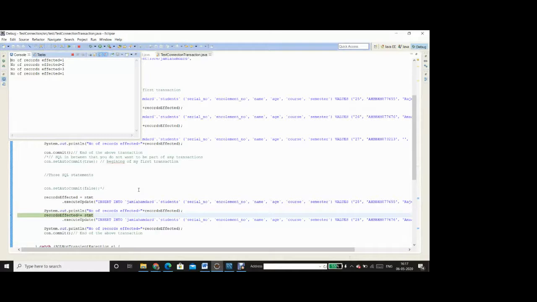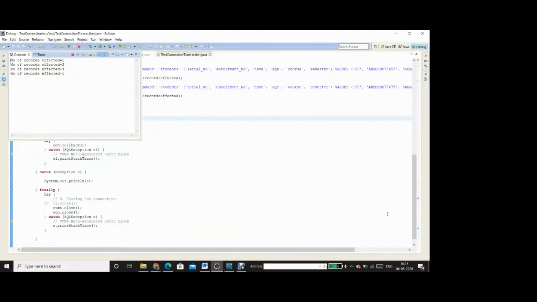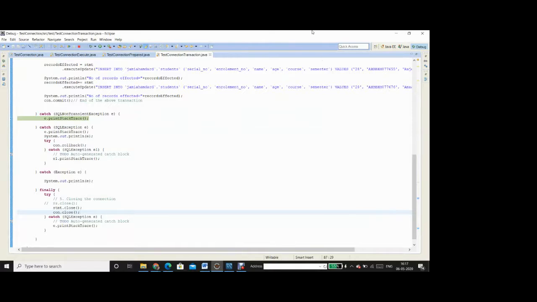So let me try to execute the second statement, and because this is a faulty statement, it has the primary key the same as the primary key of the before statement. Although this has not affected the database, the database has assumed, from its point of view, that this has affected it, which is not yet persisted. So if I try to execute this one, it will give me an exception. See, it has come to the catch block, SQL non-transient exception.